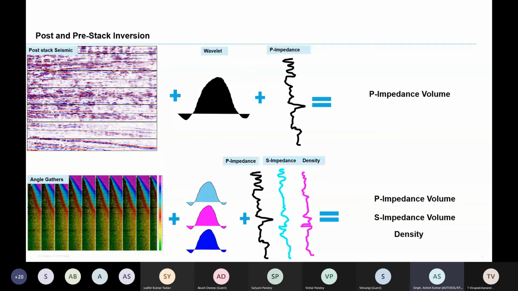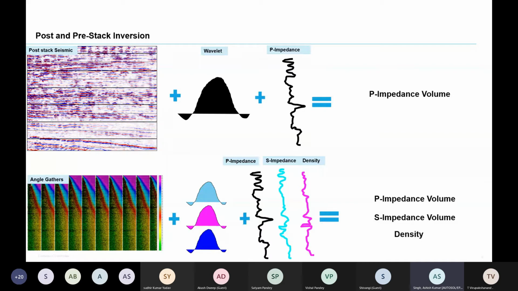But in post stack inversion, if you are adding your data, you are ignoring all those things, so you are getting only the P impedance volume. So it is a main disadvantage of post stack inversion. And if you use pre stack inversion, you can get the P impedance volume, S impedance volume, density, not just the acoustic property. I mean it will be the elastic properties like P, S impedance, density, lambda rho, mu rho, Lame parameters, modulus of rigidity, you can generate anything. So this is the basic difference between pre stack inversion and post stack inversion, right?